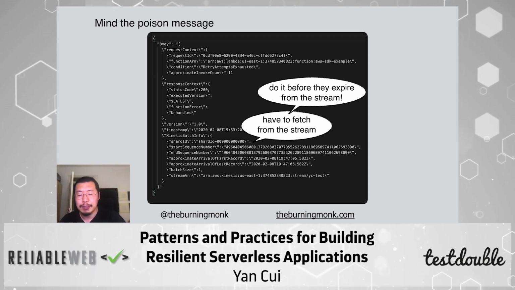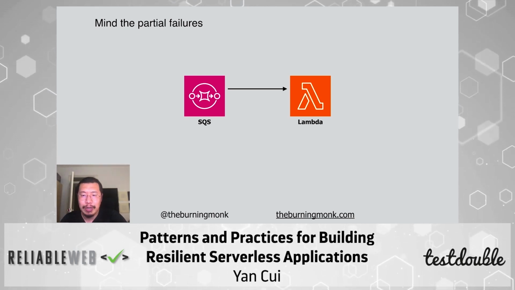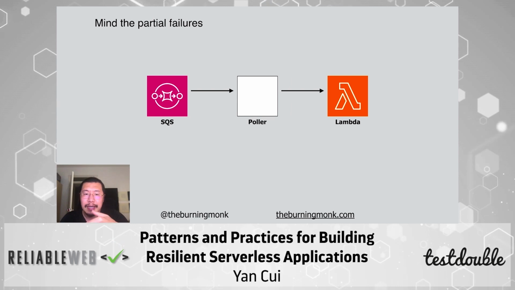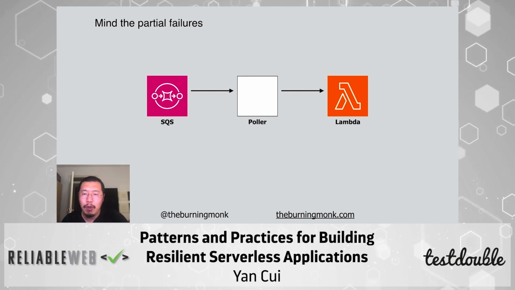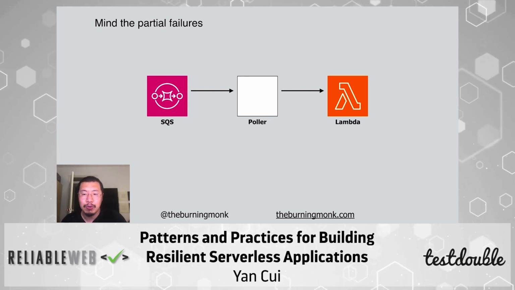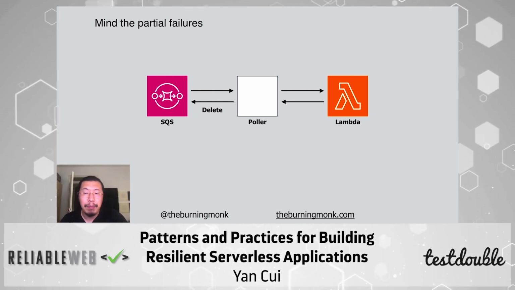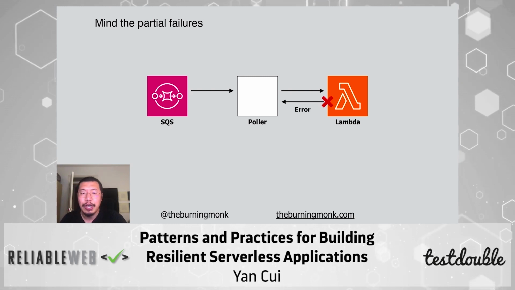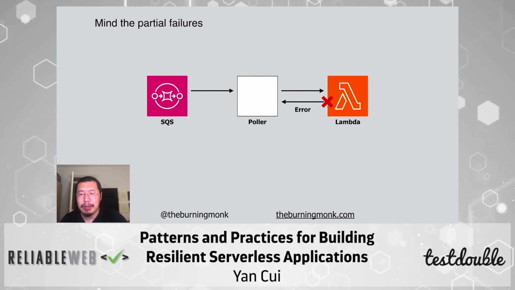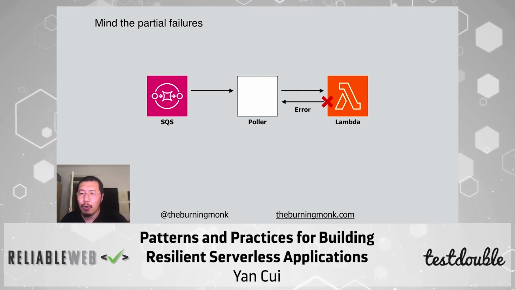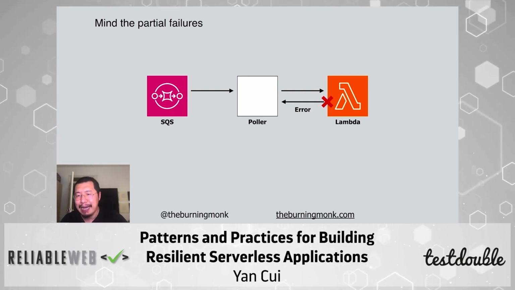And as for using SQS and Lambda functions, since SQS is a poll-based service, there's actually a cluster of pollers that Amazon operates on your behalf, polling from the queue and then forwarding batches of messages to your Lambda function. And when our function finishes with no error, the poller is going to call SQS to delete the message. And the problem comes when our function actually throws an error. And so the poller doesn't call SQS to delete the messages,